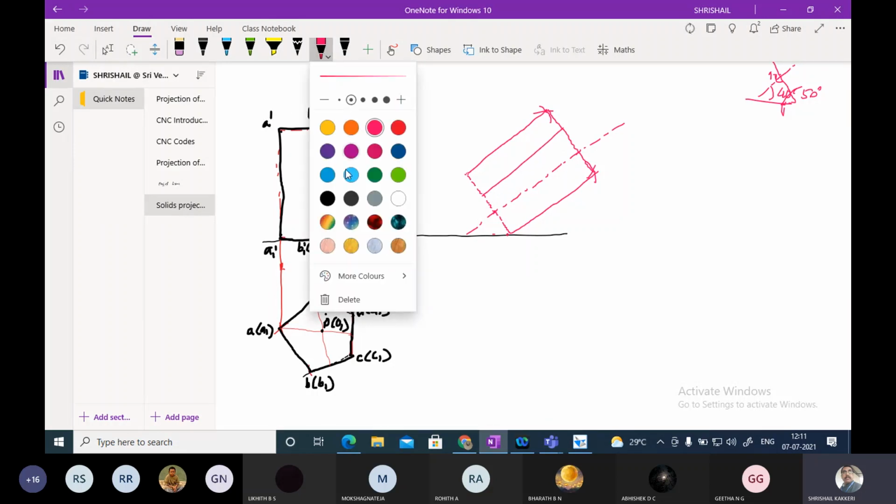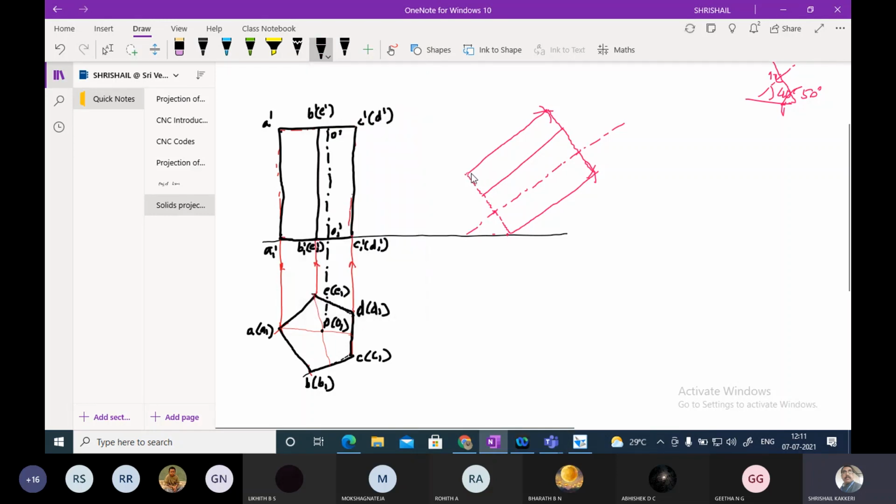Now, once I confirm it is right, then I can draw this by thick line. I have drawn this thick line.